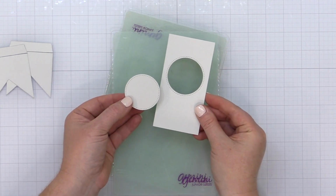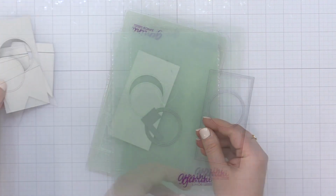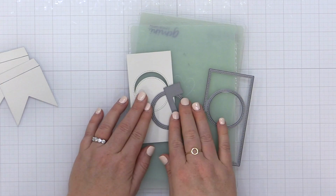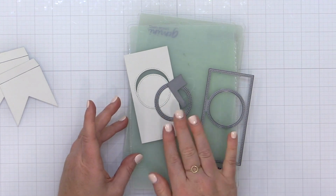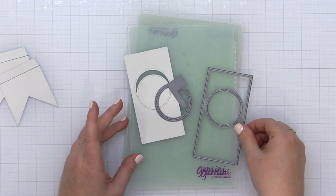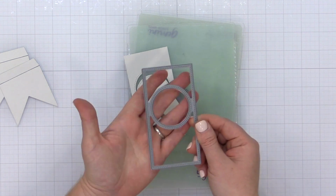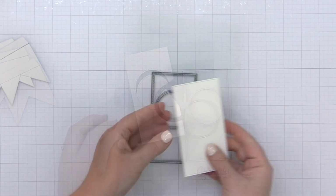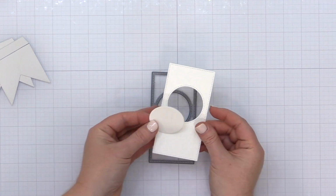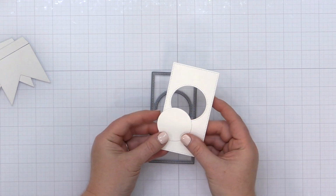Now, if you purchase the add-on set, there is a one-piece die in the add-on set that will do all of that I just showed you. So you won't need to use this circle and flag shape. You can just use this single die, cut a panel, and you can skip those steps that I just showed you there. So I've gone ahead and done that,